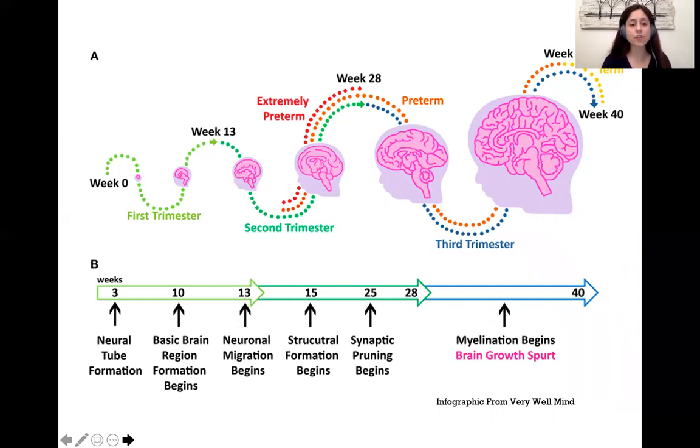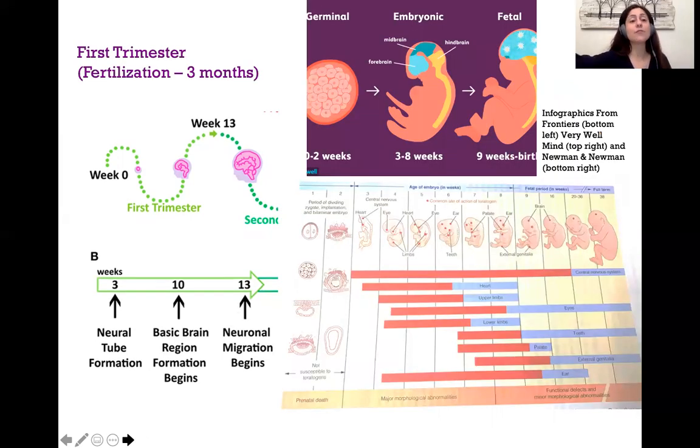We'll start with the first trimester, which occurs between fertilization to the 3rd month of development. Now, because there's so much development happening during this period and it's so quick, this trimester is further broken into 3 different periods. In the first period, the germinal period, the egg begins to divide, and the cell material, which we know as stem cells, begins to become redistributed among several parts of the developing body.